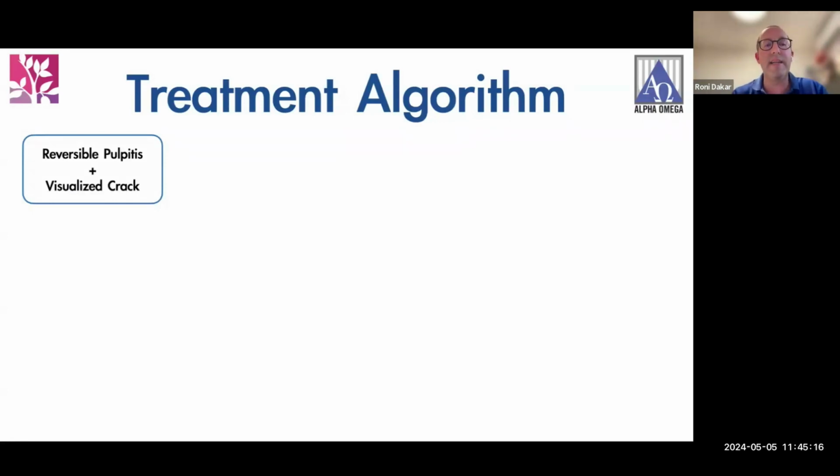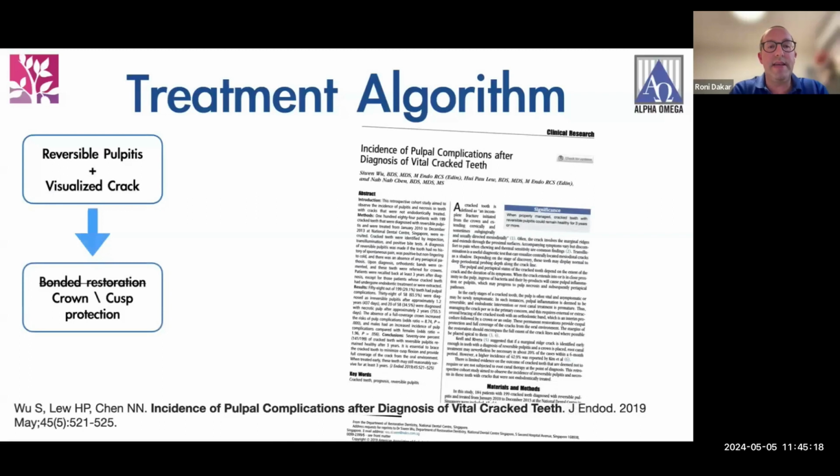So our first line of treatment is the most conservative one, which is removing the existing restoration, looking and maybe even staining, preferably under good magnification. If there is no crack, then restore and continue thinking. If there is a crack,